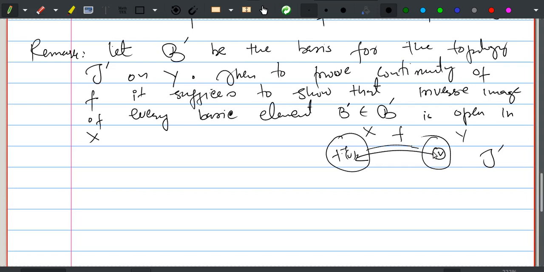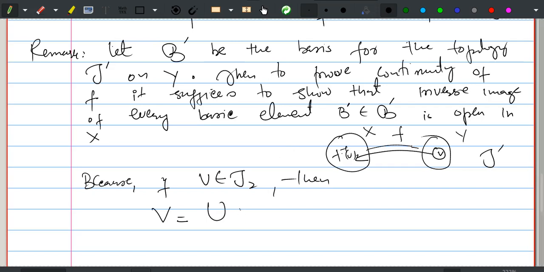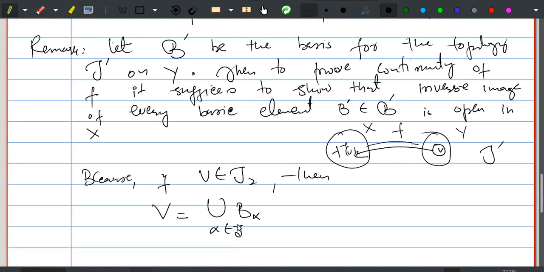So if the inverse image of basic open sets is open here, then f is continuous. If we take any open set V in Y, so V is in T2, then this V can be expressed as a union of basic elements by definition of the basis. So this is B alpha, where alpha is in some index set J. So now to prove,